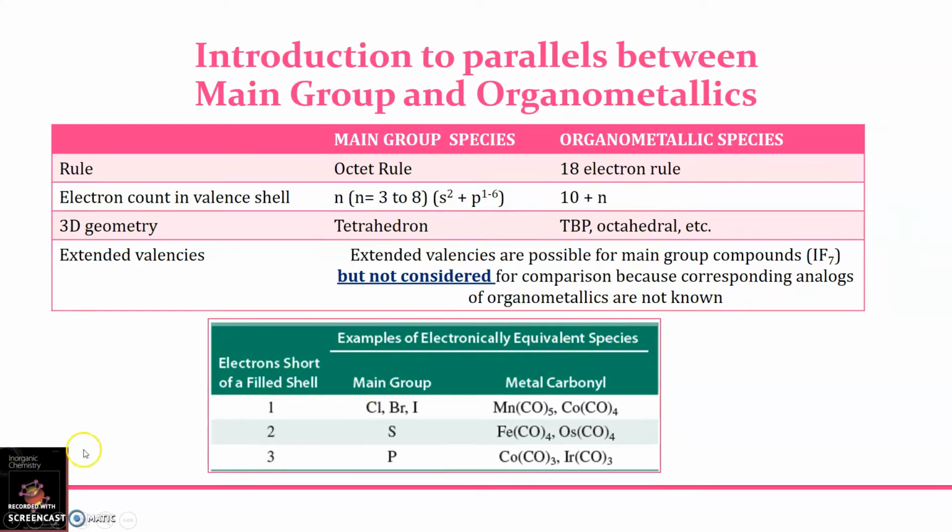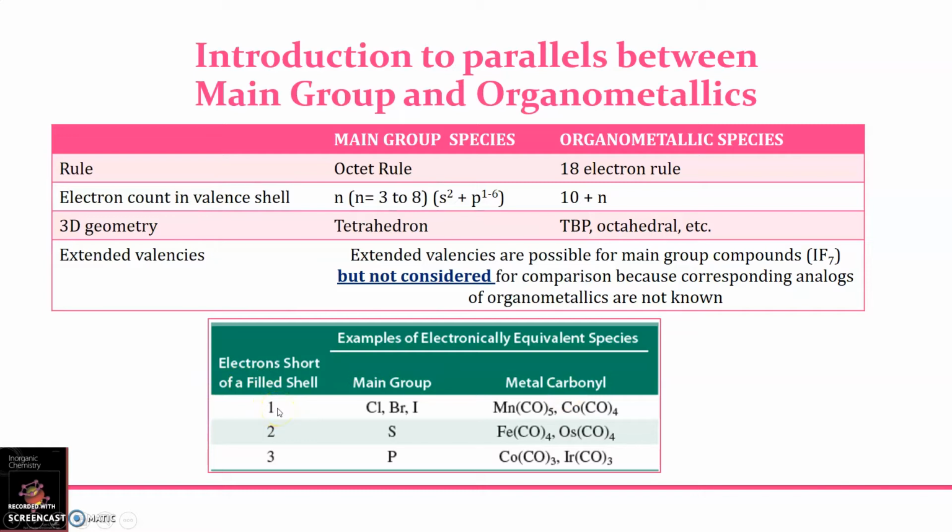So here this table is taken from the Mason Tar book. This is the book that I have kept as the reference. The entire module is based on the text that is given in this book. This book is a very good book for understanding the isolobal analogy. Here again this table contains the comparison between the main group and the metal carbonyls.